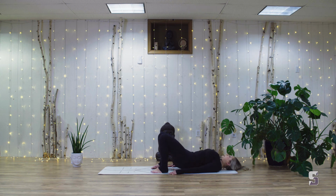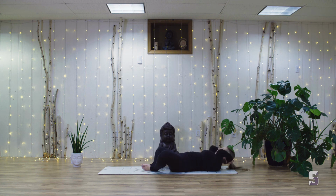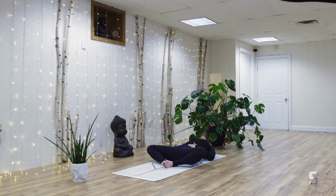Slowly lower the hips back down and rock through your knees a little left and right. Awesome. Let the soles of your feet come together and bring the knees to open. Bring the hands to your hips, reclined butterfly, and start to breathe in as you close your eyes. And breathe out,